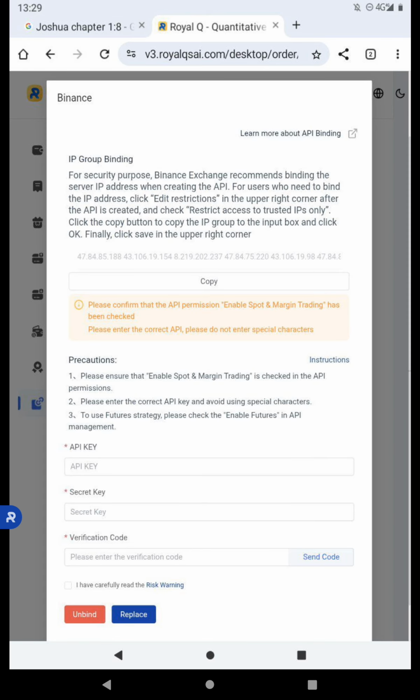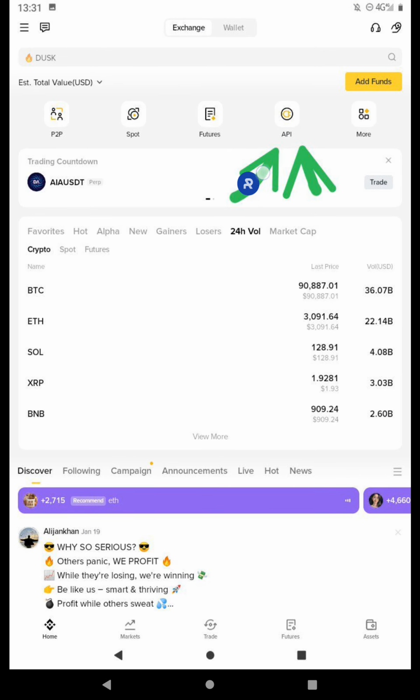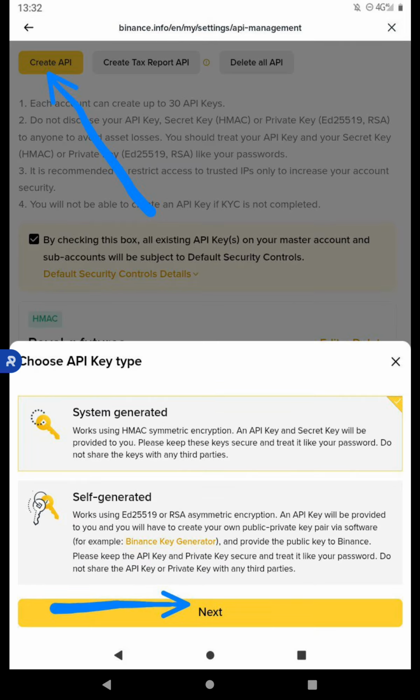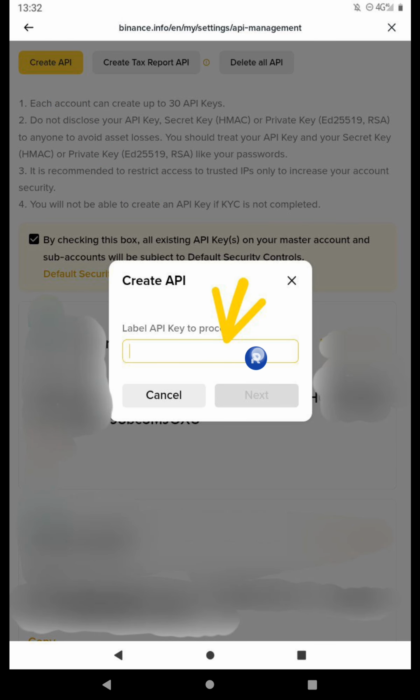So let's go. So here I have my API binding here. If yours is not here, you just tap on more, scroll all the way down to the bottom of your Binance page, and you see API management. Okay, so mine is here. I just tap on it, API, and then you tap on create API key. Right after that, a pop-up will come, system generated. You click on next,